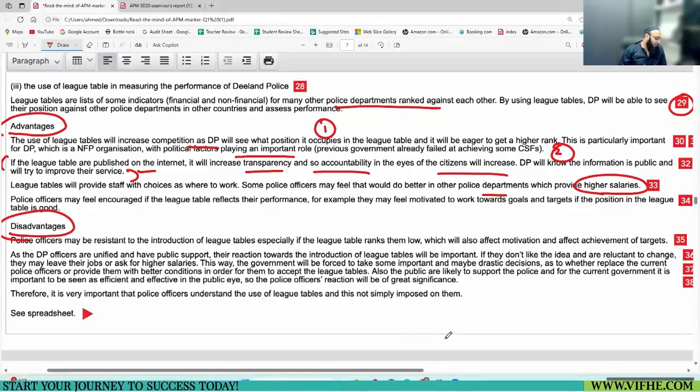Done. Police officers may feel encouraged if the league table reflects their performance. For example, they may feel motivated to work towards goals and targets if their position in the league table is good. Now this is a benefit,